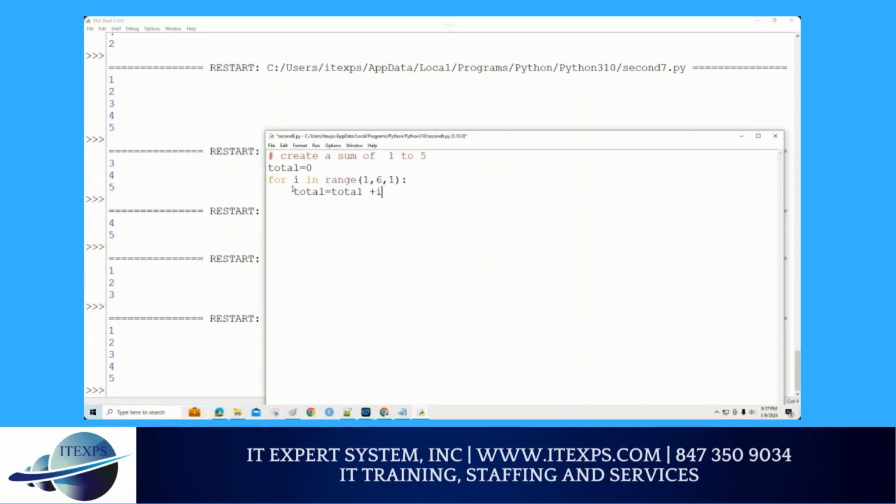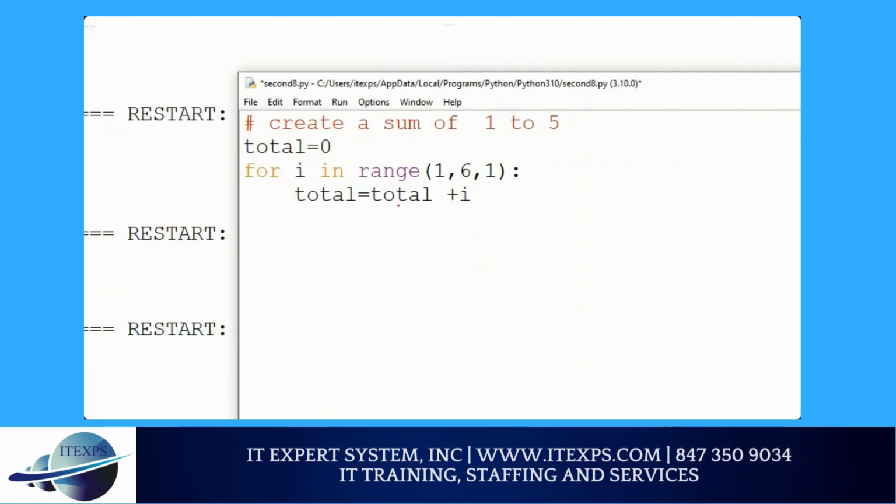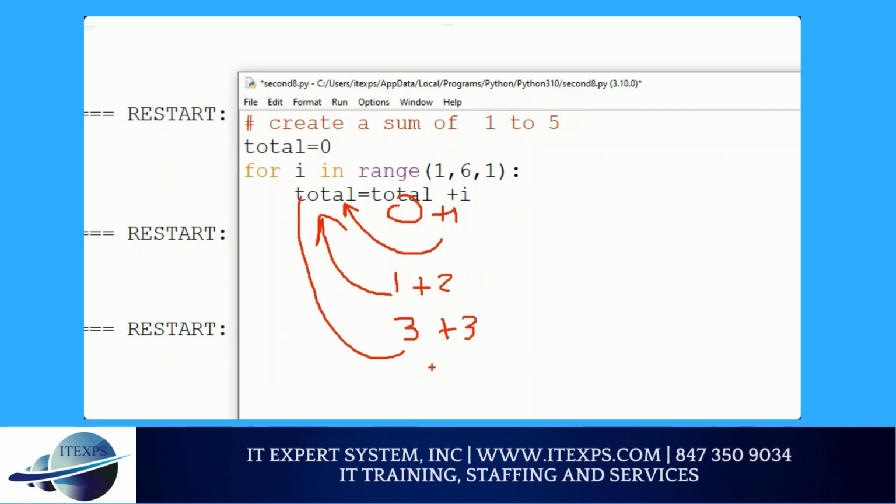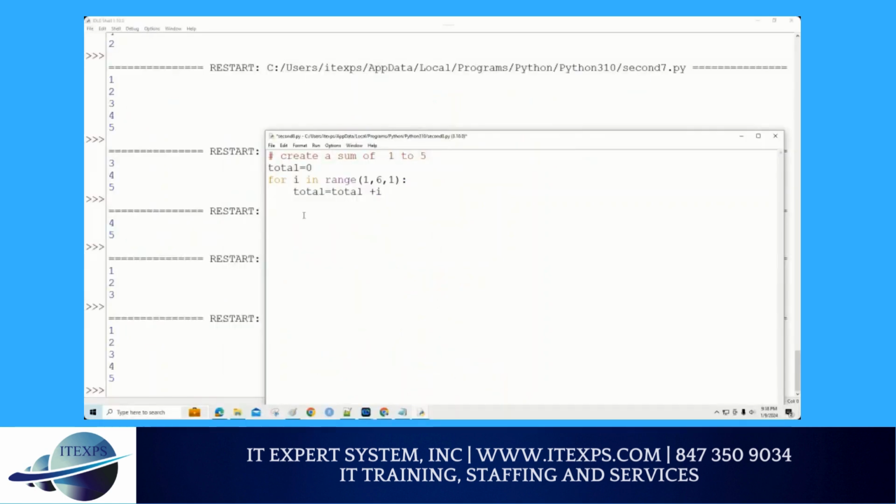Now you say, but why are we doing total plus i? Because total is initially 0, i will be 1, so that value will be stored in total. Next time, total will be 1, i will be 2, that will be stored in total. Next time, total will be 3, i will be 3, so that will be stored in total. Next time, total will be 6, i will be 4, that will be stored here. Next time, total will be 10, i will be 5. So total is 15. Once the total answer is 15 and I'm done with the loop, I'll go here and I'll